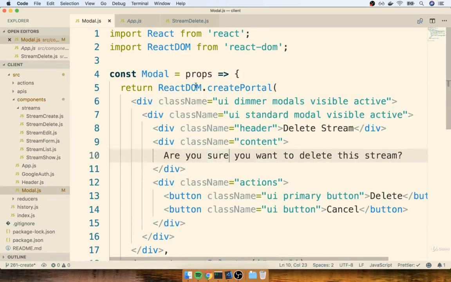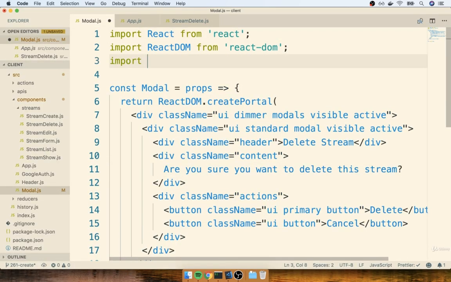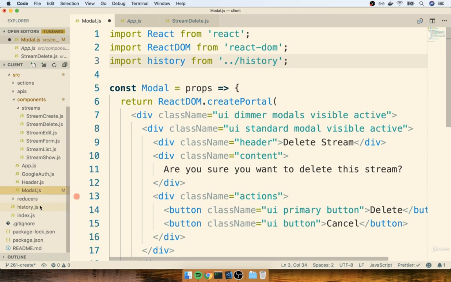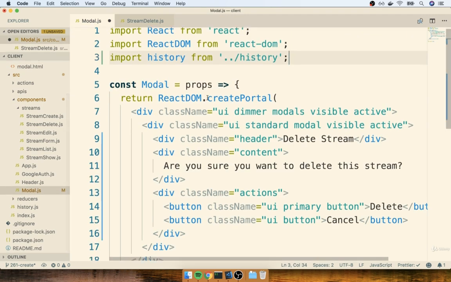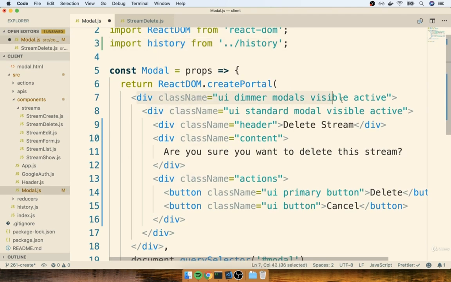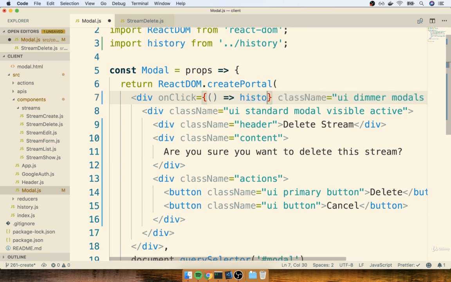So inside of my modal, at the very top, I'm going to import history from up one directory, history. Remember, this is that history.js file where we created our history for React Router. Then on my div with UI dimmer modals visible active, I can add on an onClick event handler. So anytime that a user clicks on this thing, we can call history.push, and we can go back to our